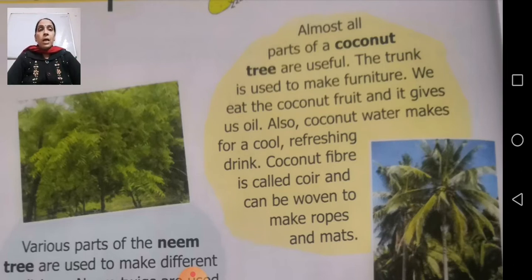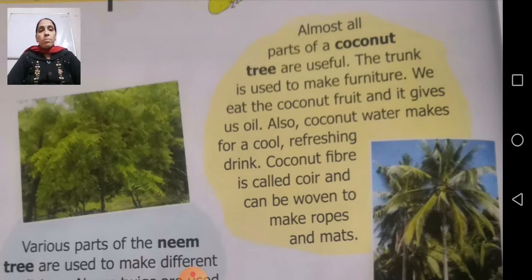Again, this coconut water is a cool and refreshing drink, and each part of coconut plant is useful. This we have done, that trunk is used to make furniture like small stool, small table can be made. Then coconut fiber, जो आप नारियल लेते हो ना भगवान जी को, जब भी पूजा करते हैं तो आप उनको भोग लगाने के लिए you are taking that नारियल ना, तो नारियल का आउटर कवरिंग आप देखोगे that is of brown color, and that brown color covering is known as coir.